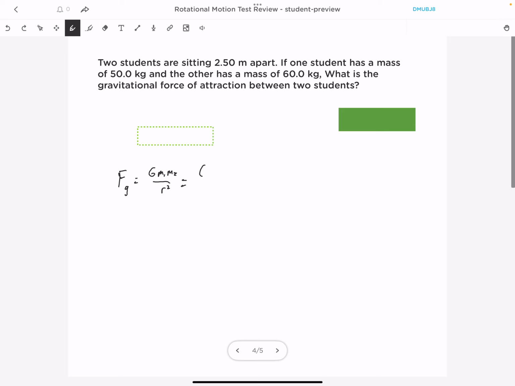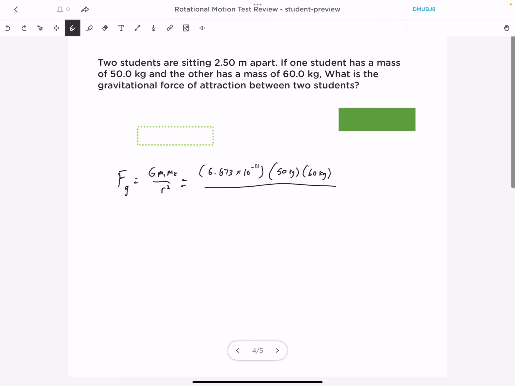So let's just write out all the values. So big G is the constant for universal gravitation. So it's 6.673 times 10 to the negative 11. I'm not going to bother putting the units. Technically, the units are Newton meter squared per kilogram squared, but you don't have to worry about that. We just know the value is 6.673 times 10 to the negative 11. Let's see, we got 50 kilograms. We got 60 kilograms. And that's the product of the masses, and we have to divide it by the radius